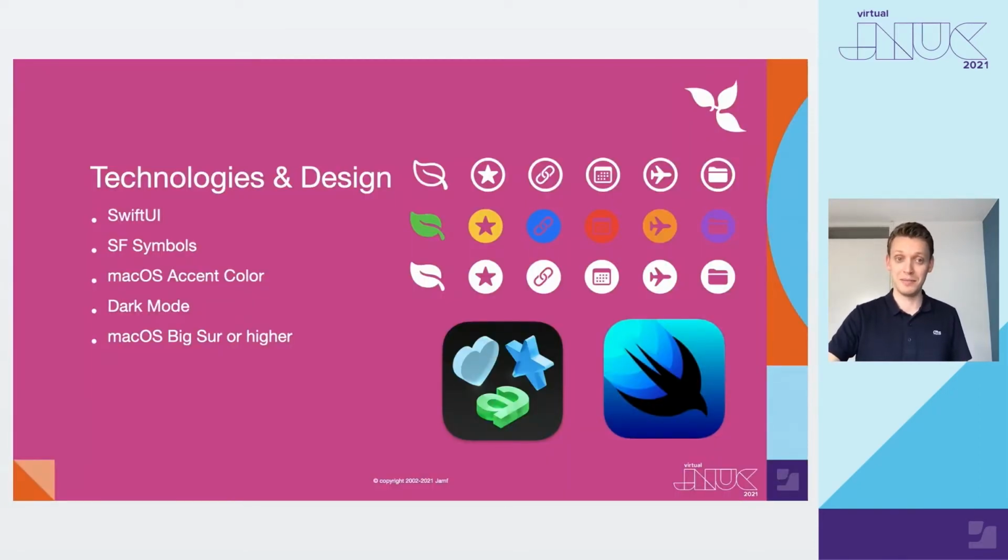That's enough about the history. Let's take a look into the technologies and design tools we used in the support app. As said before, the visual part of the app is all SwiftUI. SwiftUI proved to be an easy entry-level framework for basic development and have user interface components ready in a lot less time compared to UIKit and AppKit.